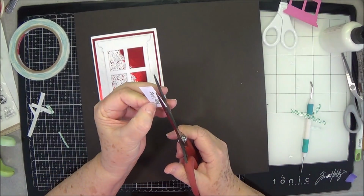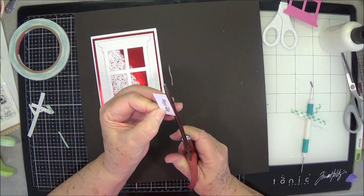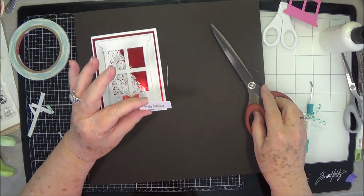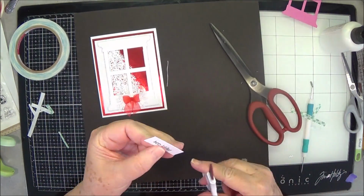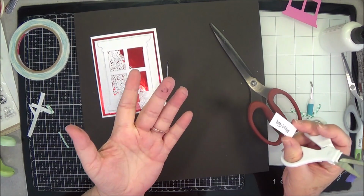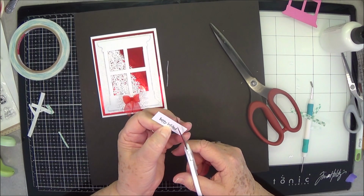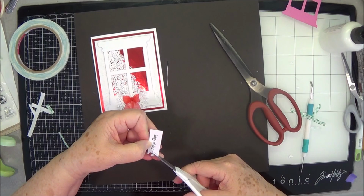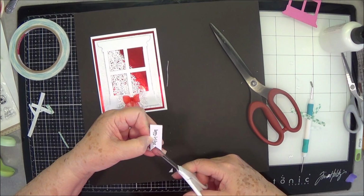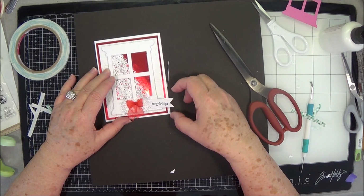Is anybody else like me? I cannot cut straight to save my life. Every time I try to cut straight, I cut a little bit more crooked. Alright, I think that'll work. That's straight enough. Look at me. I just opened that ink one time and I've got it all over my hands. Oh my goodness. Alright, I think we're gonna...